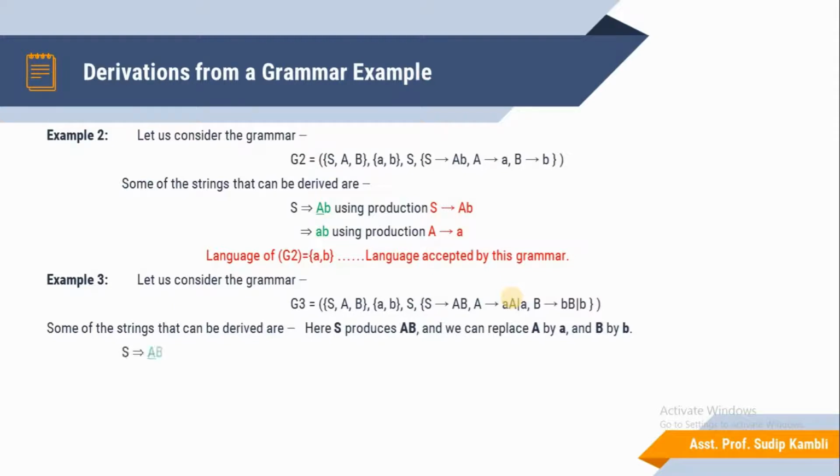So first we use the start production rule S derives AB. Then the second and third production rules are applied: A derives small a, a terminal symbol, and B derives small b. So A and B are replaced by terminal symbols. So using this production set, the string ab is accepted.